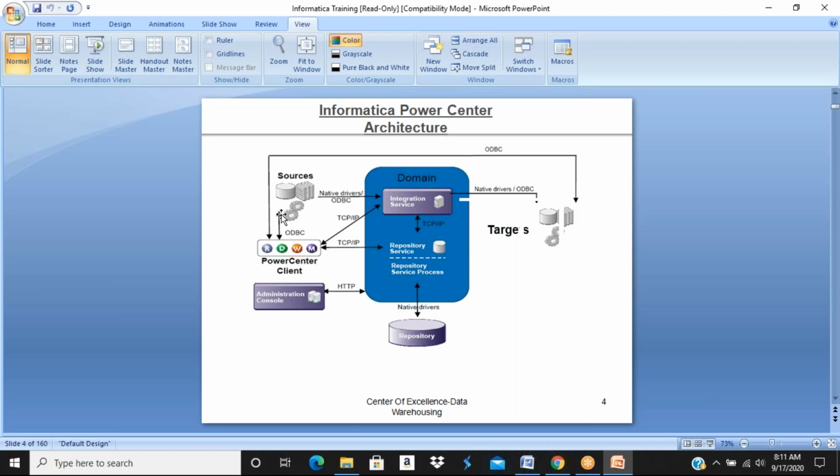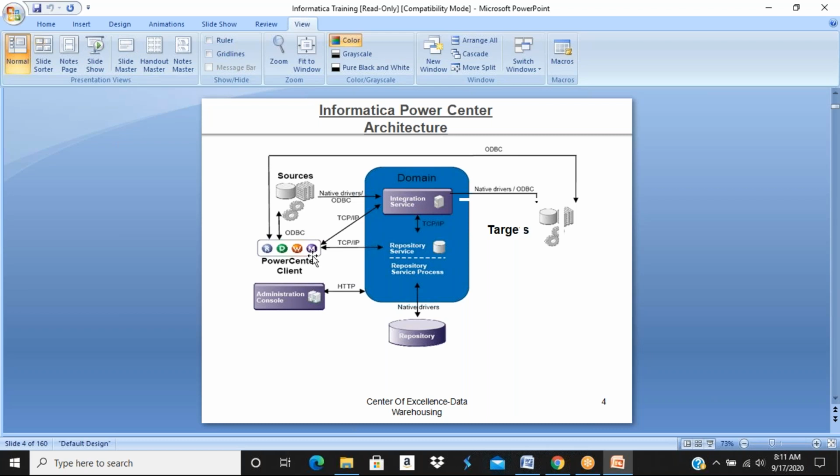Then, looking at the code, integration service is going to extract the data from source systems, transform the data as per the business logic built in the client components and saved in the repository database, and load the data into target systems. All these things you can monitor in a client component called workflow monitor.